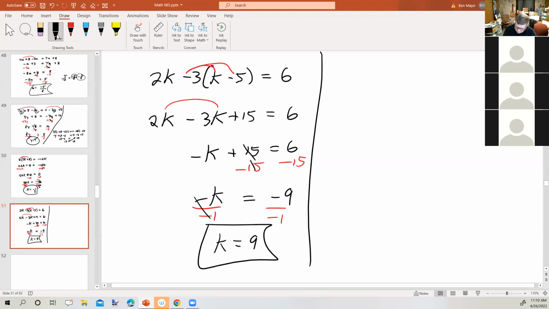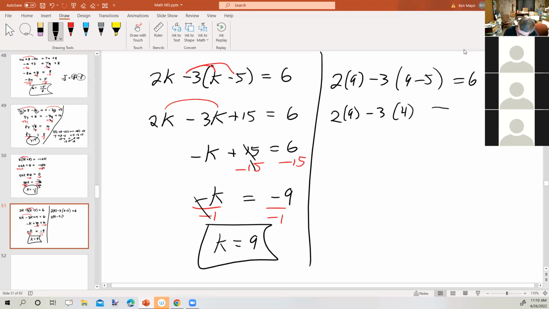Let's check our work. If k is 9, 2 times 9 minus 3 times the quantity 5, 9 minus 5 equals 6. Order of operations, you do what's in the grouping symbol first. 9 minus 5 is 4. Multiplication, 18 minus 12. Subtraction, 6 equals 6. So the